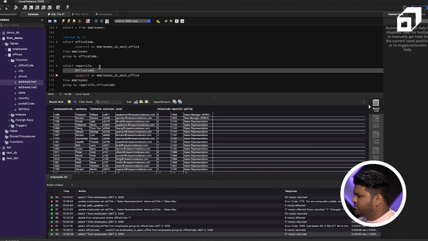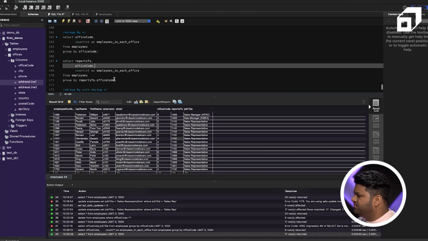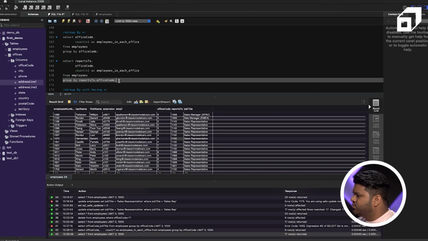After this, the value which we have derived, employees in each office, is absolutely fine. And now if we execute this query,